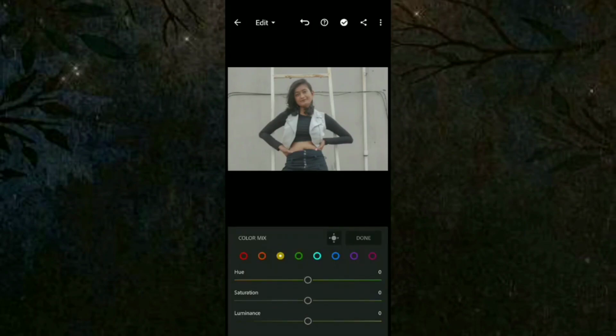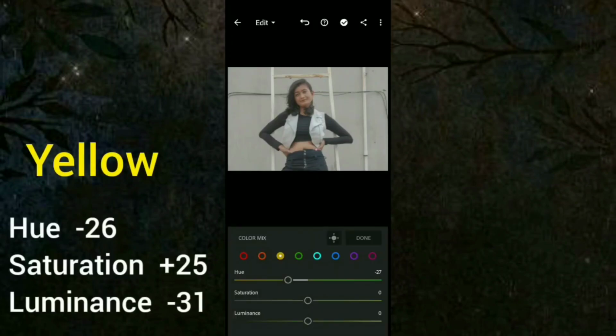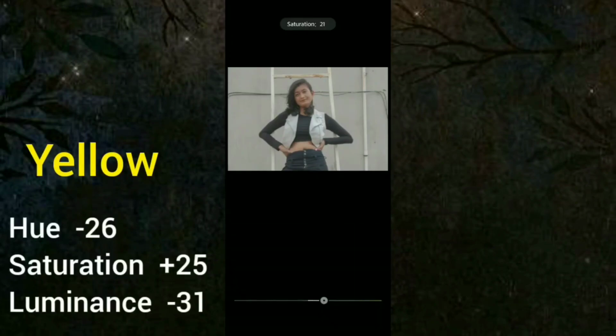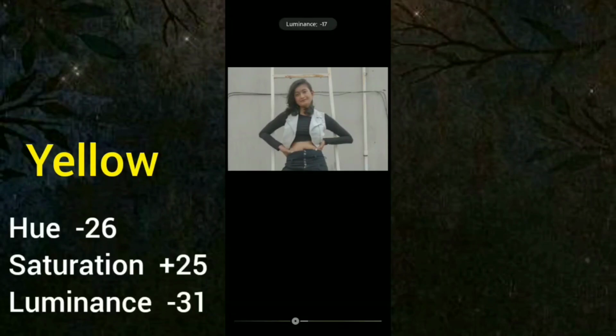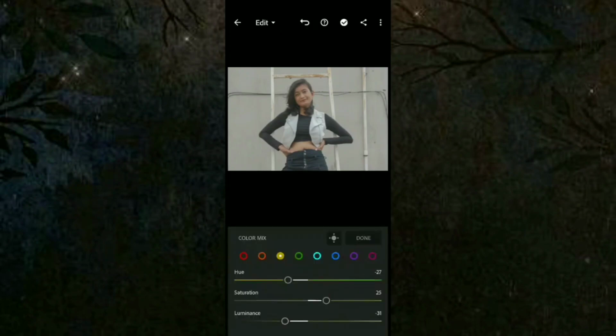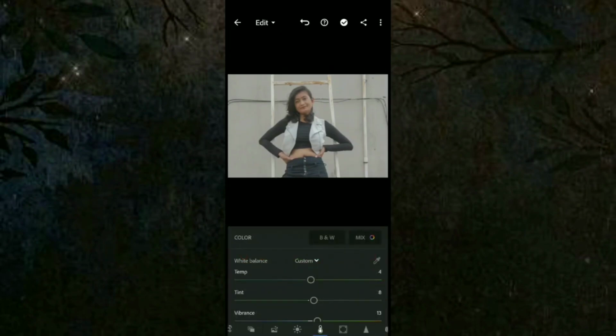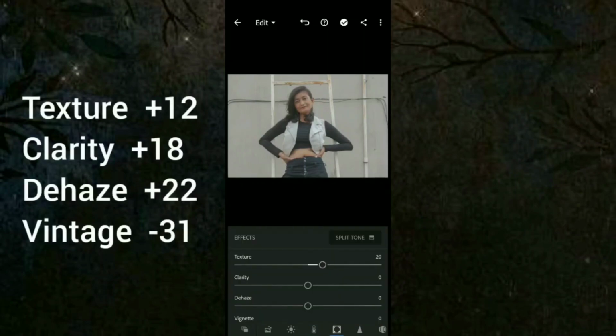Now when we move to yellow, we will be decreasing the hue, increasing the saturation and decreasing the luminance, which makes the picture look very vibrant. We will not touch any other color except orange and yellow.